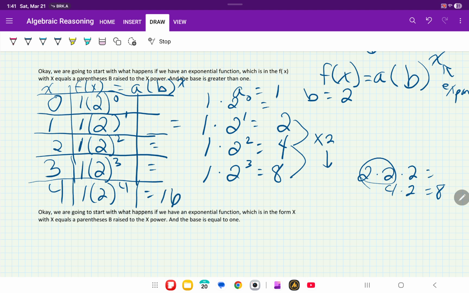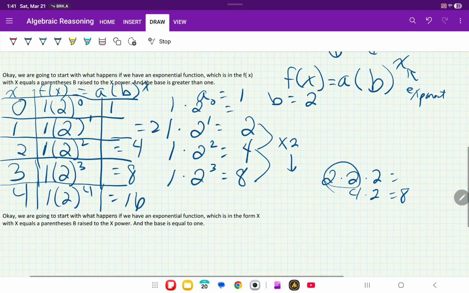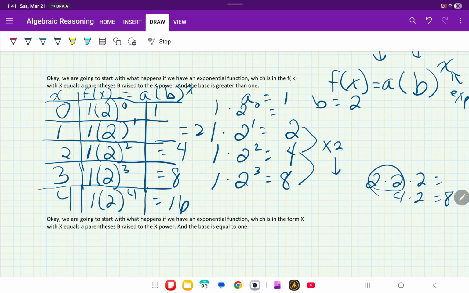So going the other way, I'll put down here 8, 4, 2. I would be dividing by 2 to get my previous value. So divide 2 by 2 and I get 1. Okay? So if we have a base that is greater than 1, which that is, we can see, not even just graphing it, just looking at our tables, that our outputs are increasing. Our domain is going to be,